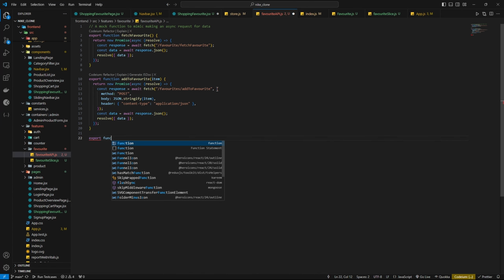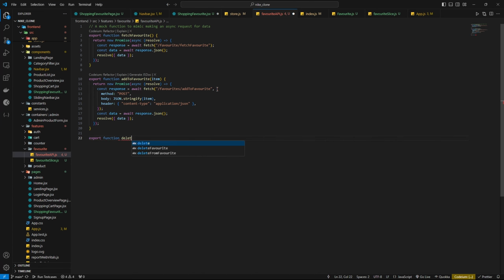So export function delete from favorite, and here we need just the ID to delete it, and we are going to send it as a parameter. So const response equal to await fetch, and here